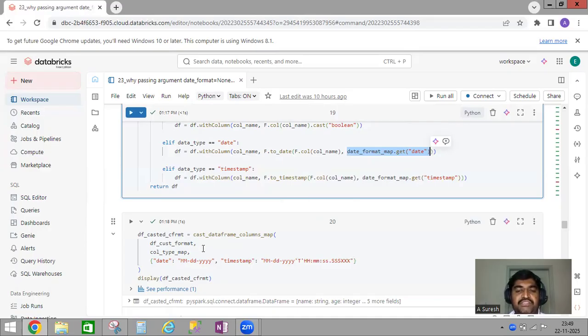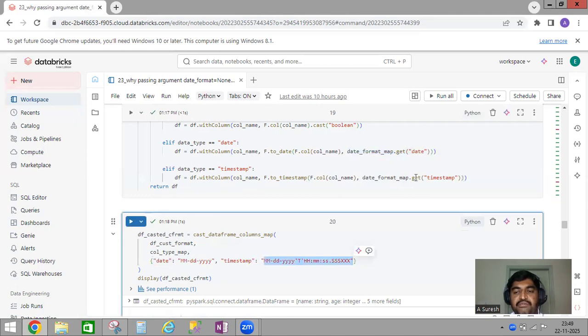So that means this custom format we are passing here, it will convert string date to date format. And in a similar way, when it comes to here, this format dot get timestamp, so that means from this dictionary dot get timestamp, this timestamp value it will pass here. So that means this whole thing